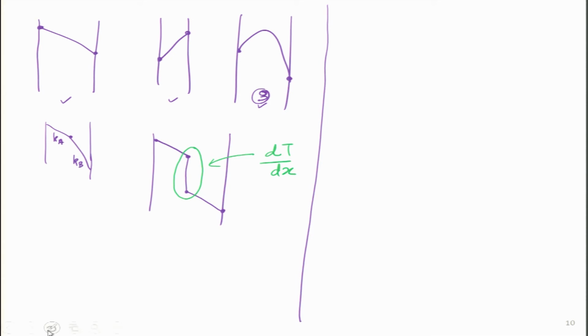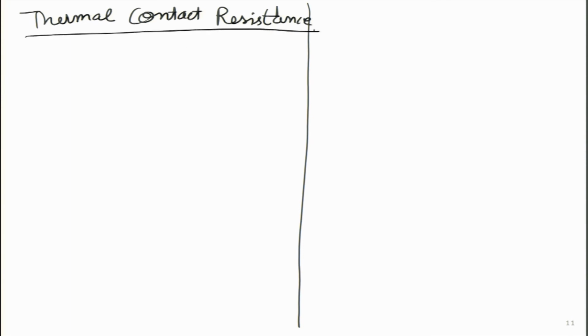So, I will start with the next slide, and this concept is of thermal contact resistance. So, what I have written is thermal contact resistance. In order to explain it, let me first give one example. The example is like this. I will take 2 cases. On the left side, I will write smooth case, and these are surface roughness that I am talking about, that one is a very smooth surface and another one is a rough surface.